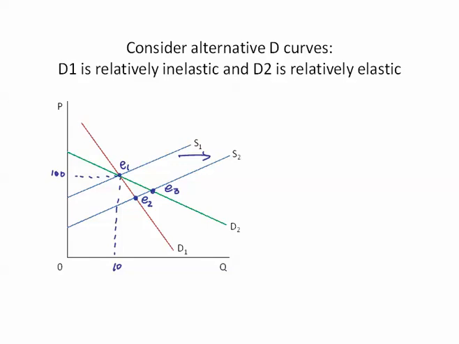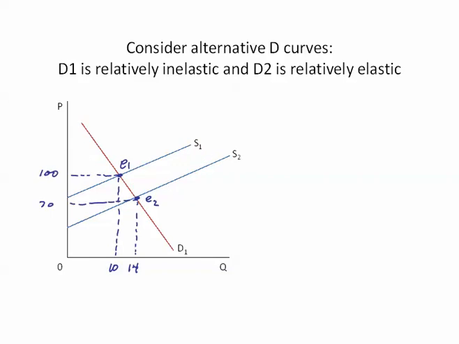And those 10 units represent so many customers, say 10. Now that may be 10,000, 10 million, but that's the customer base. So why does it matter? Well, let's first look at the relatively inelastic case. In this case, we start with a $100 price at E1, we move to a $70 price